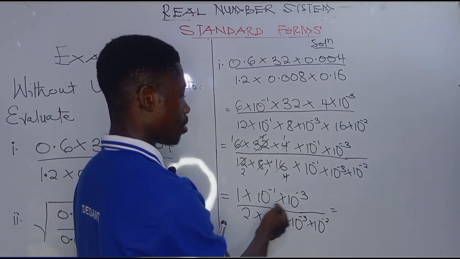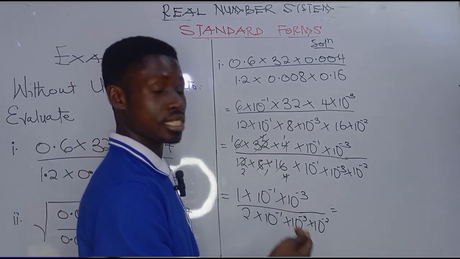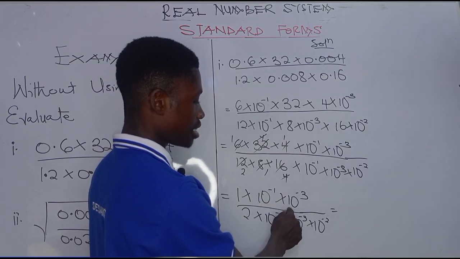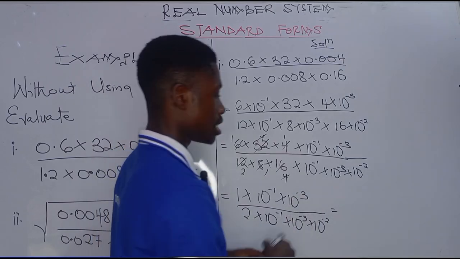So at this very point, you can apply our basic knowledge in indices. You know that in indices, when two numbers are multiplying, they have the same base, 10 and 10. What do we do? We pick one of the base, we add their exponents. So we are going to have,